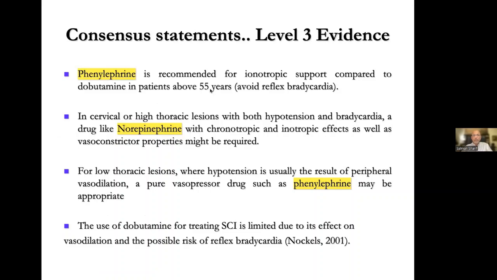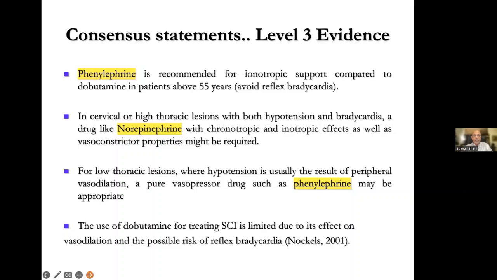So norepinephrine, which has chronotropic and inotropic effect, is a vasoconstrictor of choice. And then for lower thoracic lesions, where hypotension is usually the result of peripheral vasodilation, pure vasopressor drugs such as phenylephrine may be appropriate. Dopamine for treating spinal cord injury is limited due to its effect on vasodilation and possible